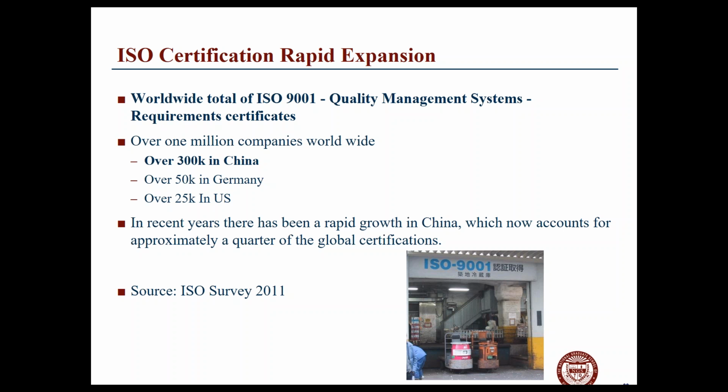And where are all our manufacturing jobs? Well, take a look at the U.S. It's got 25K certified. There's a lot of good reasons for this. Sometimes it is tedious. It does take a lot of work to put into it. But it also talks about investment in quality and what the return will be if you don't do that. So this is probably the most rapid growth has been overseas in ISO. And this is derived from a 2011 survey. So I haven't seen anything more recent, but I suspect they've been expanding far beyond that.